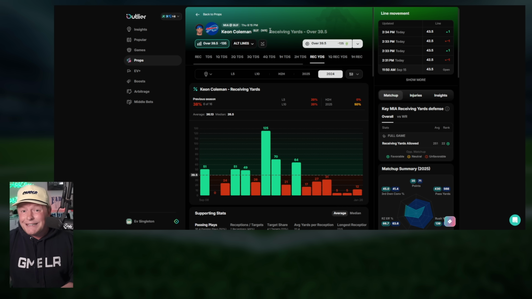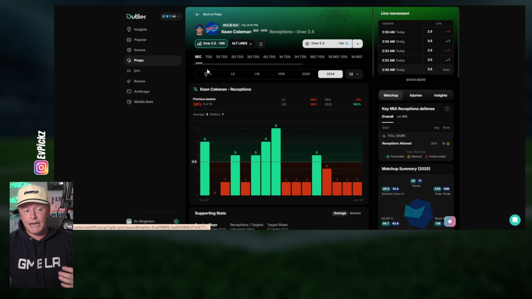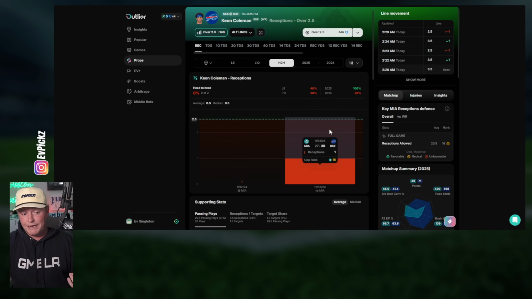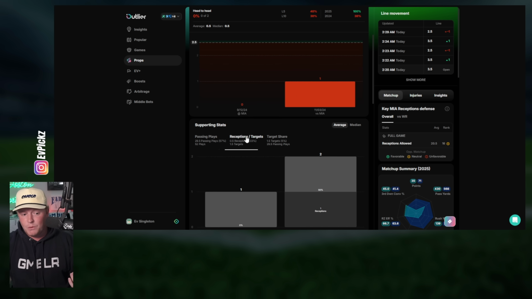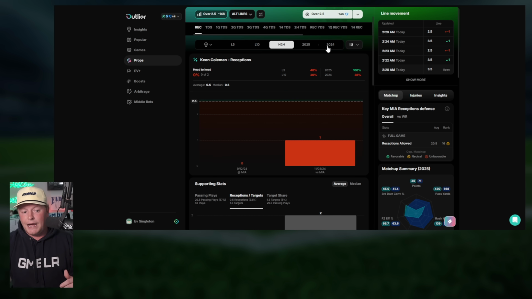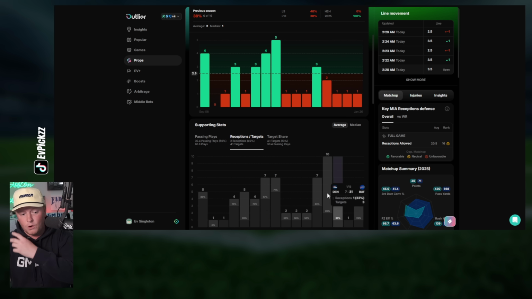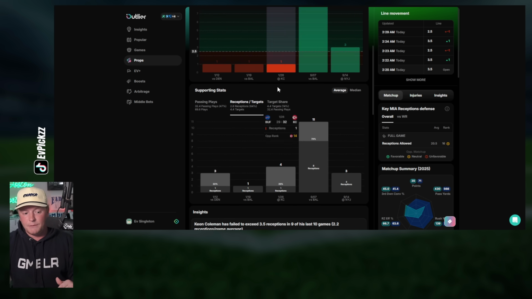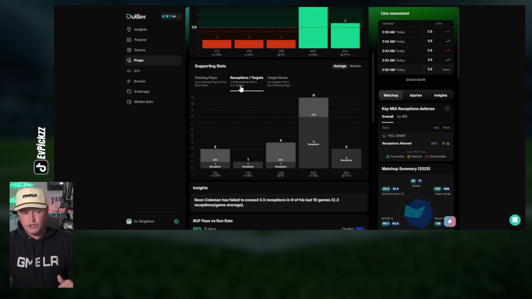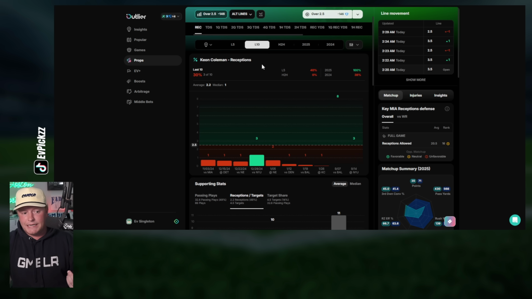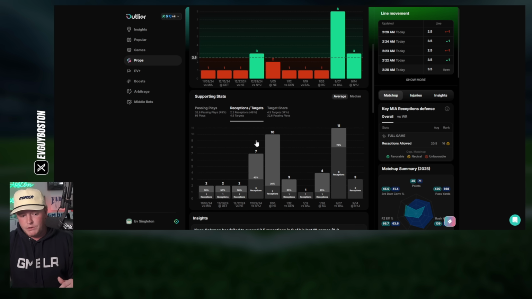He's also leading the team, number 1, in terms of routes run against 2-high safety looks and target percentage in terms of 2-high safety looks. So I think Coleman could have a decent game. I like his receptions there to catch 3 balls. You could see against Miami, again, not exactly doing all that much, but he wasn't getting the targets last year at that time. I do expect him to get a few more targets. You could see in his last 5 games, he's averaged 2.8 targets. Last 10 games, he's averaged 2.2 targets.